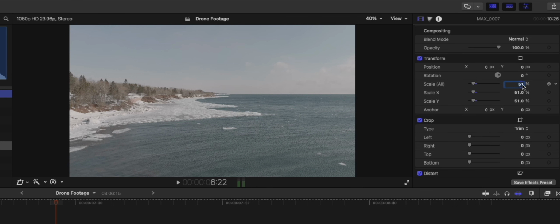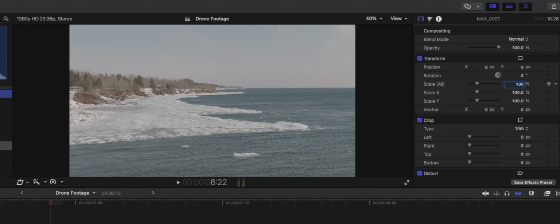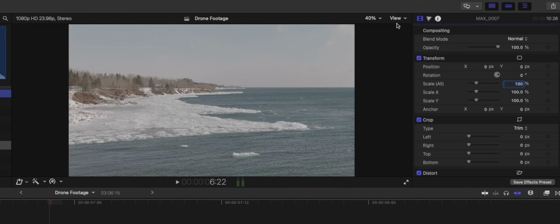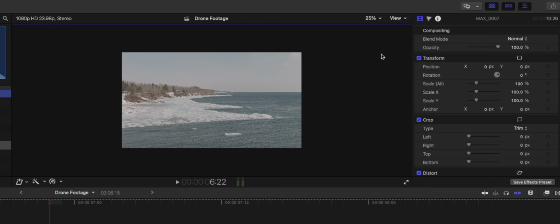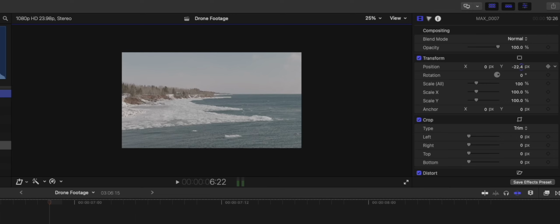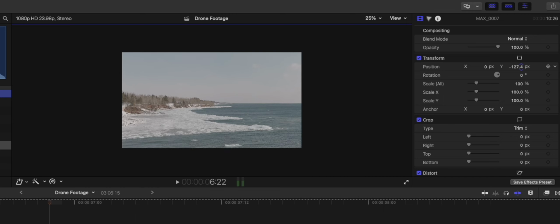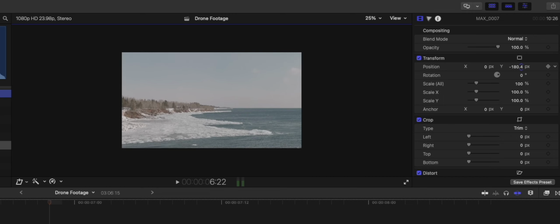So for this shot, actually what I'm going to do is I'm just going to kind of leave it at 100%, and I'm going to use my Y and X axis. To see what I'm doing here, let's go ahead and shrink this down to 25% so you can kind of see more of what I'm playing around with. I am going to be shifting this around a little bit, so what you can see is that I'm moving the clip around